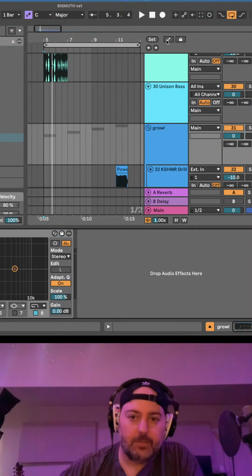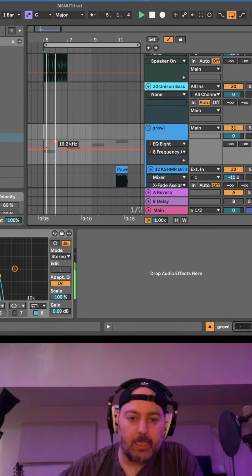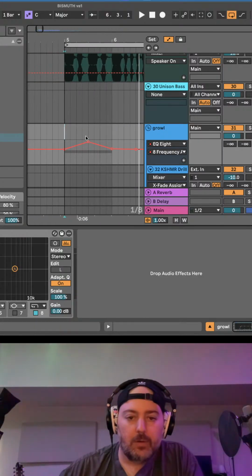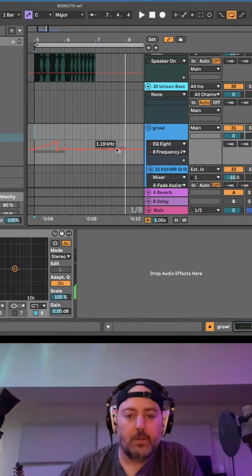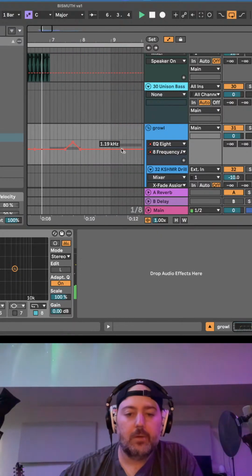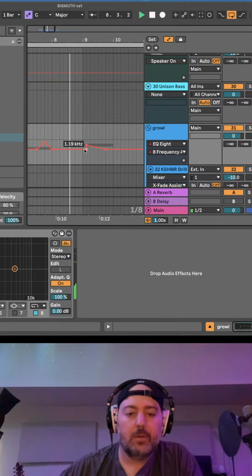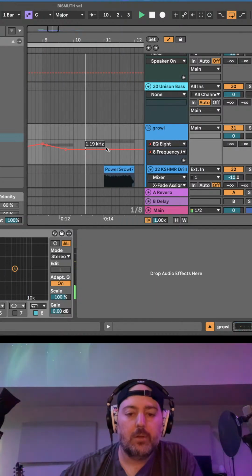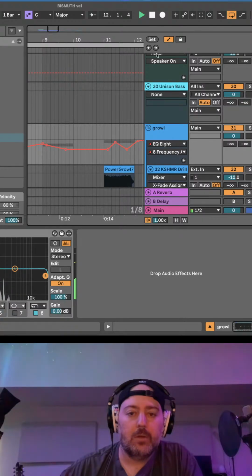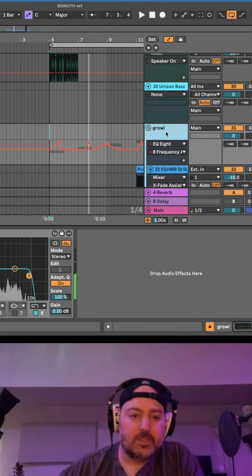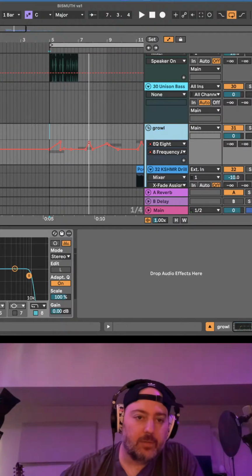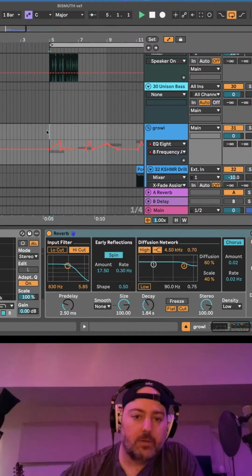Let's see. There we go. I like how that jumped too. Since there's no bass in here, I think we can get away with a little bit of reverb maybe on the